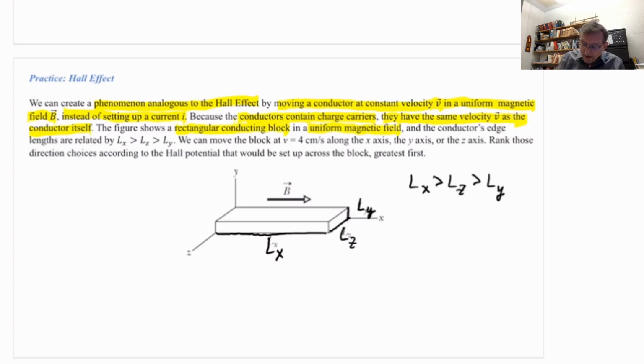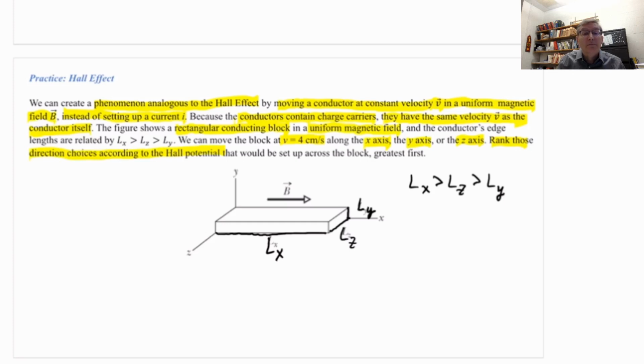And we're always going to move this block at a certain speed, v. They give us a number, 4 centimeters per second. It doesn't matter what the number is, just that it's always going to be that same v. And in different experiments, we're going to move this block first along the x direction, then along the y direction, and then along the z direction. And that's going to, in principle, create what's called a Hall potential